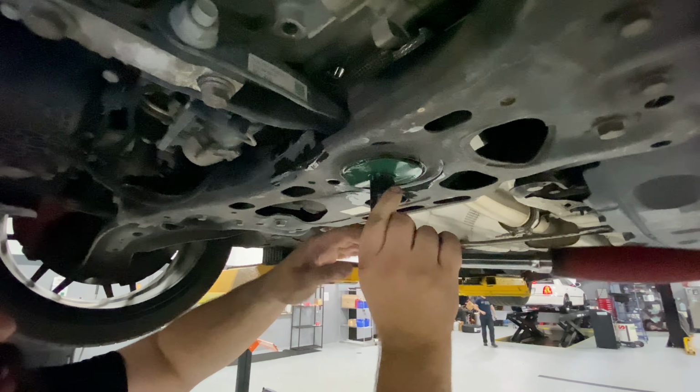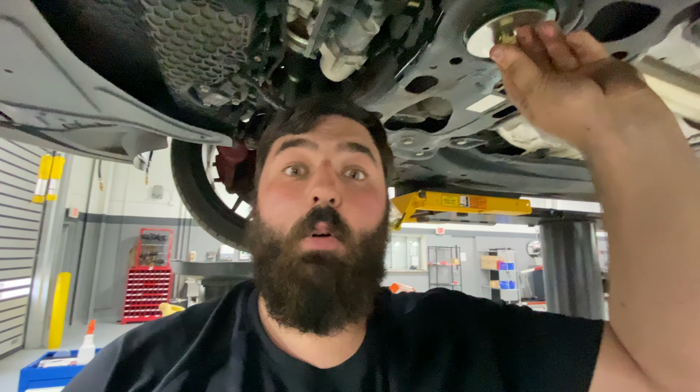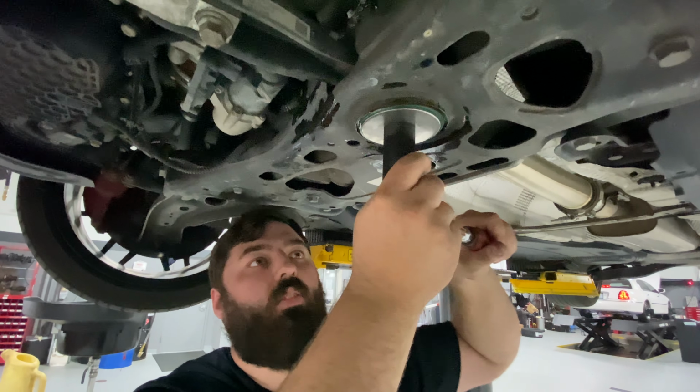Just like that. And now we're going to grab the 22 millimeter, as well as our bolt, our washer, and the spacer itself, and it should pretty much go right back in where it went. Now that it is held in enough, we're going to go ahead, or not, sometimes I forget which way is right, righty-tighty or lefty-loosey. Alrighty, so now that it's back up on there and pretty much snug,